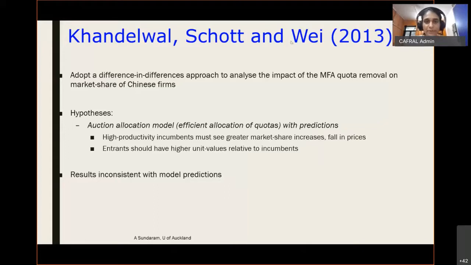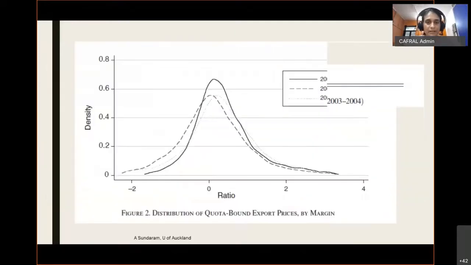So what this paper shows us is it's a bad idea to have a quota system if you have inefficient institutions. If you don't have high institutional quality, a quota can be very bad relative to a tariff. Okay,